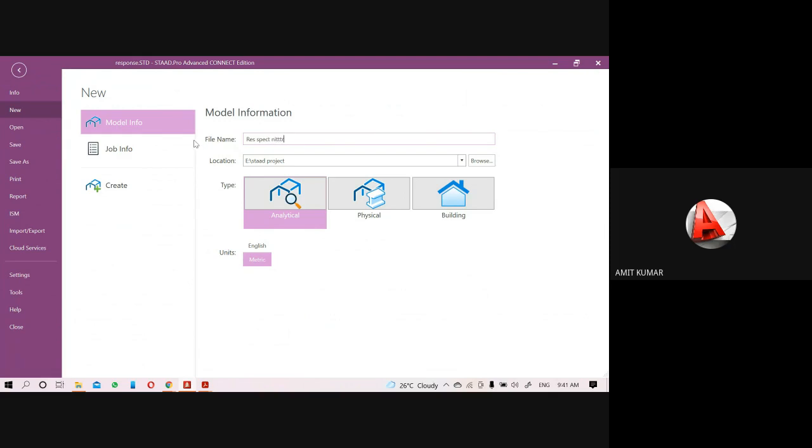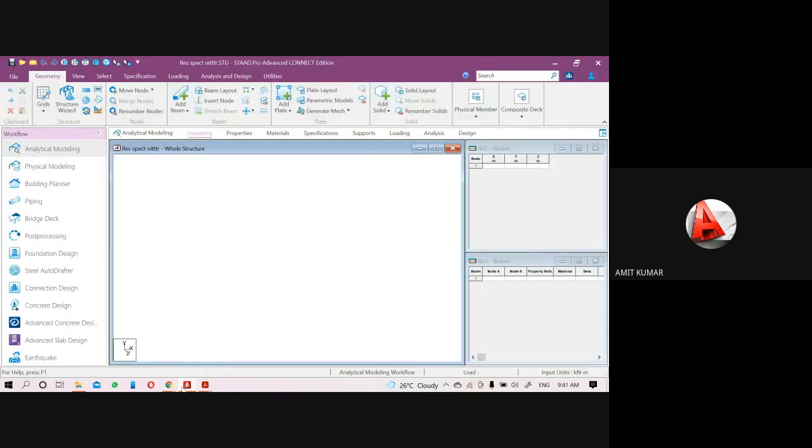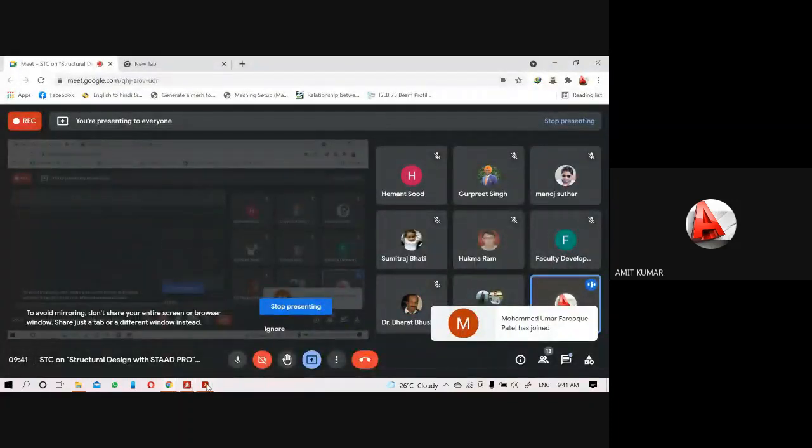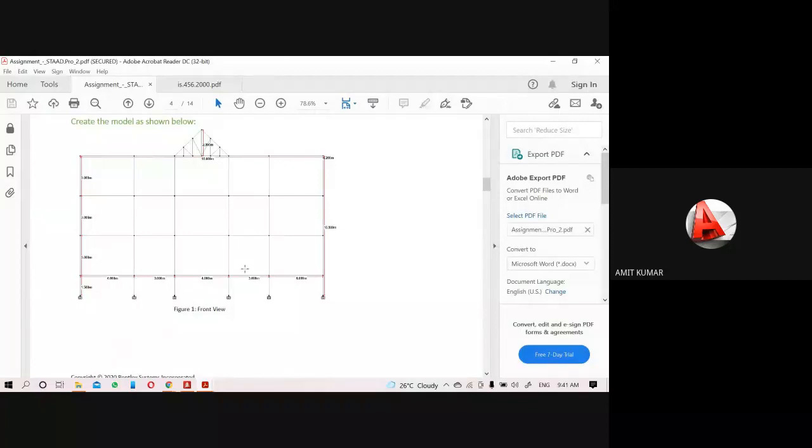Sometimes if there is a same file, a few parameters will overlap. That's why always provide a unique name to your project. Here I'm just going to show you an assignment.